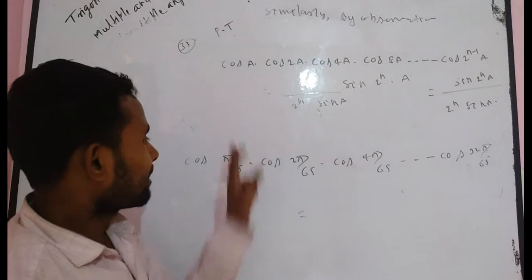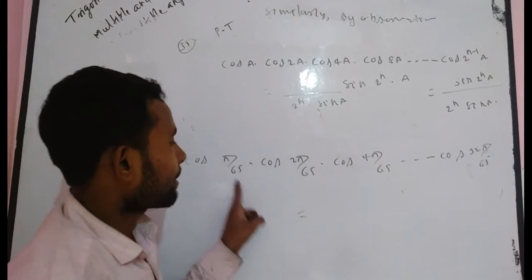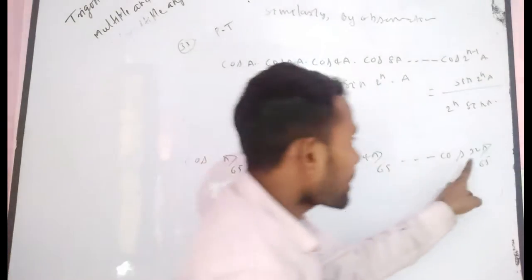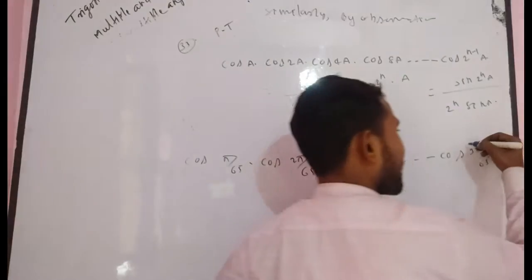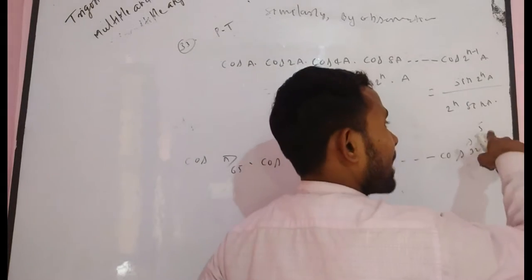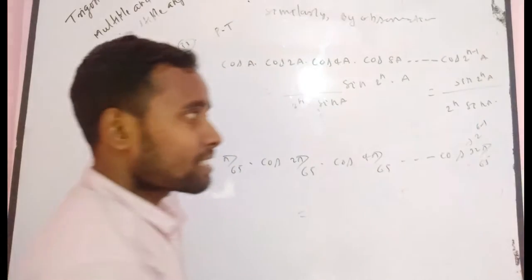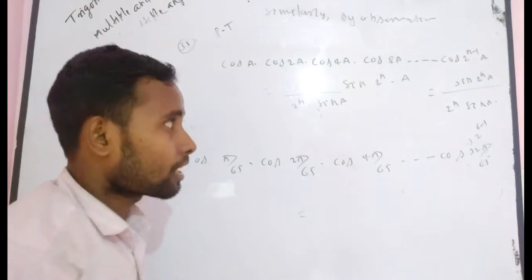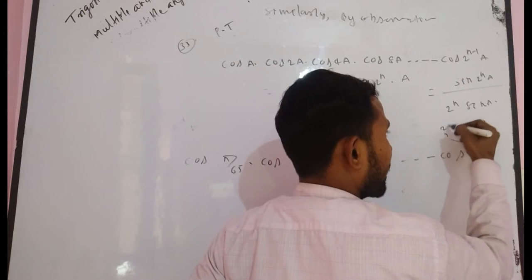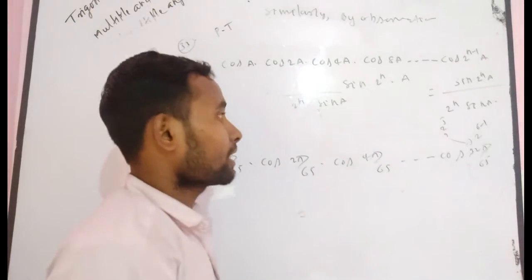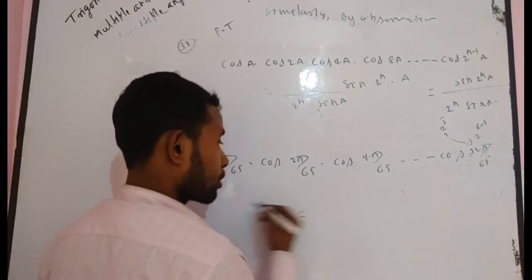You can see this is taken by this formula. Here A is equal to pi by 65. Now you have to see how much power it is. 32, that means 2 to the power 5. 5 can be written as 6 minus 1. Now you can see that n is equal to what? 6. Because 32 is equal to 2 to the power 5, but the power can be written as n minus 1. That means in that case you have to write 6 minus 1, and n is equal to 6. So n is equal to 6.